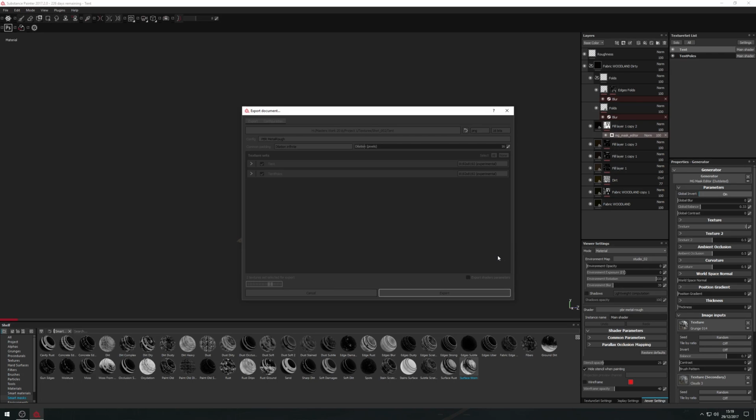So I can then now plug these into the principled shader inside Blender and have my completed scene, hopefully, ready to render out